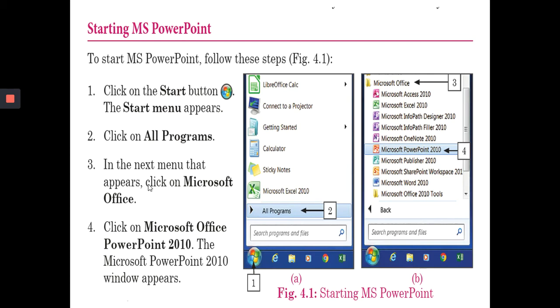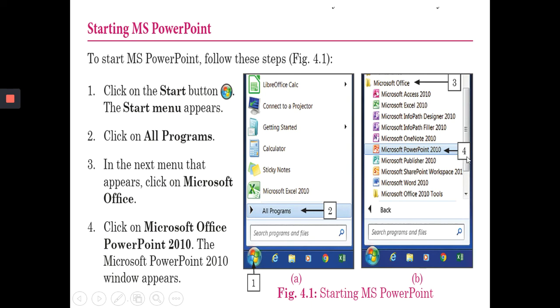তো তুমি যখনই এই স্টার্ট বাটনে অল প্রোগ্রামসে ক্লিক করবে, next this menu box will appear where you have to click this Microsoft Office option. Okay. So আমি বলেছি MS PowerPoint সফটওয়্যারটা থাকে Microsoft Office প্যাকেজের মধ্যে. So when you click the Microsoft Office option, many software under this Microsoft Office will be displayed. Now among all this software you have to choose the Microsoft PowerPoint.